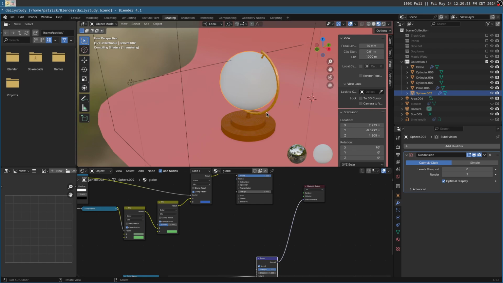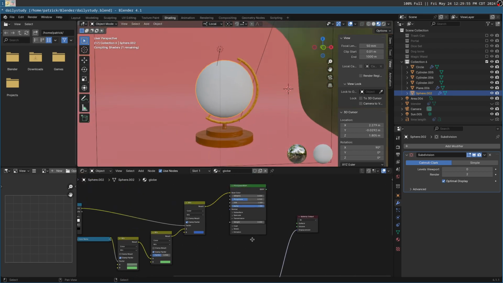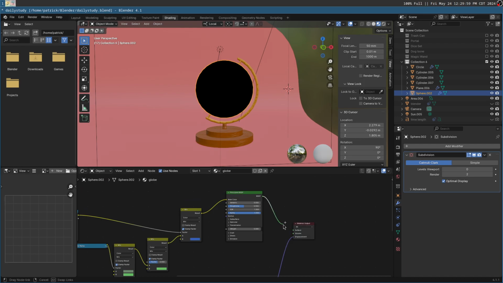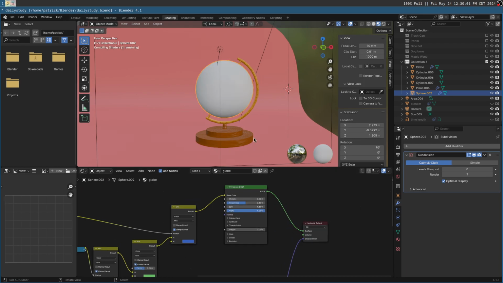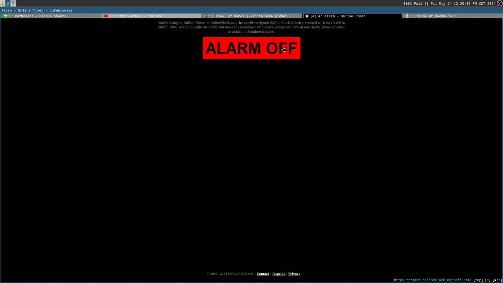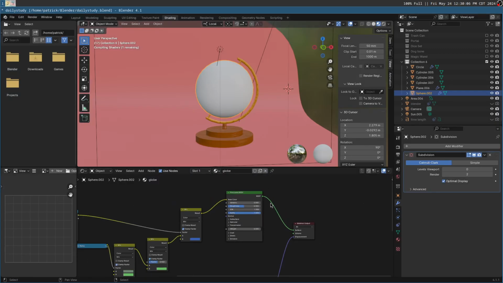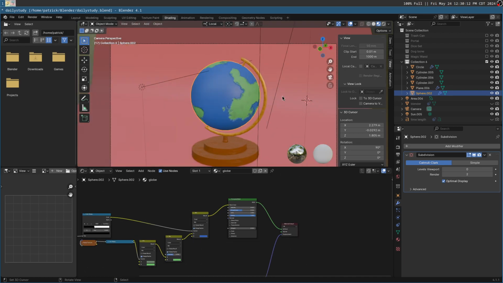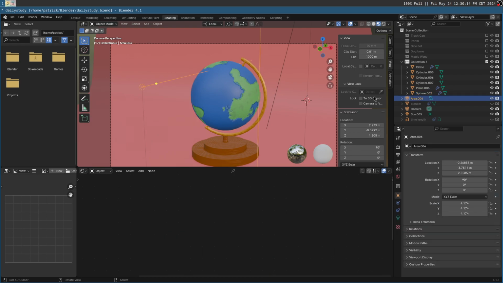Displacement. And colors. And if we let it load for a second, that is our globe. And like I said, actually, what I wanted to do is add